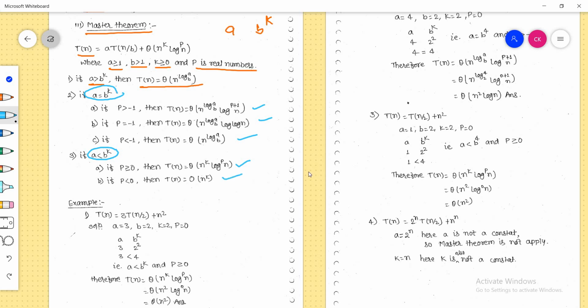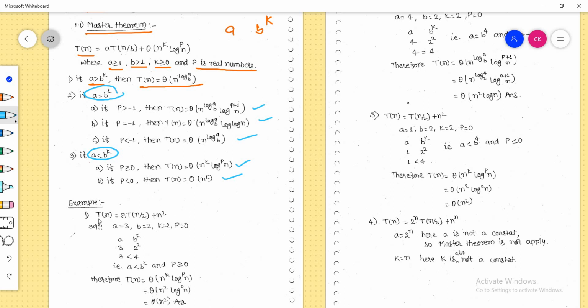Moreover, there is a proof for all this, but we don't require the proof. In higher education, in masters or in a core course, there is a kind of proof, but that is not required here. Okay, so this is the simplest and easiest one. So let's solve some problems.